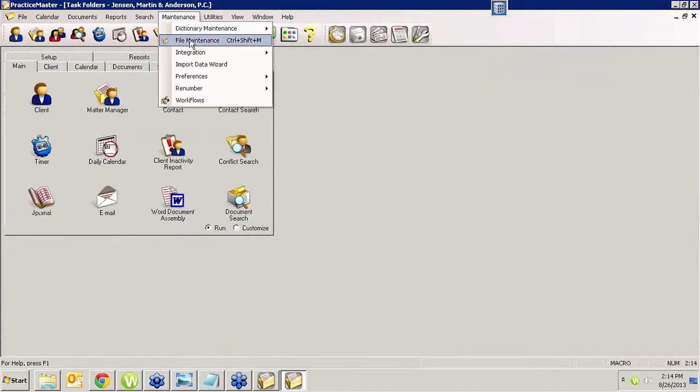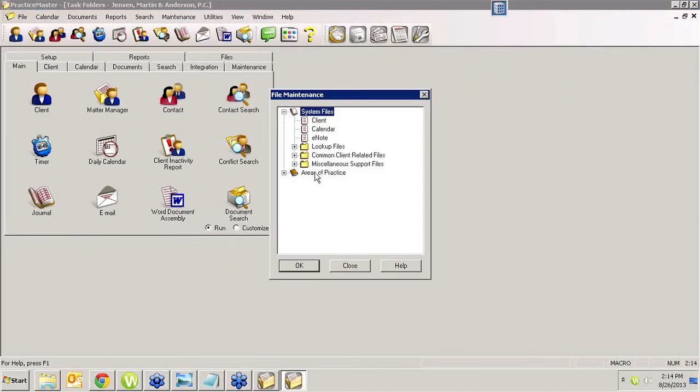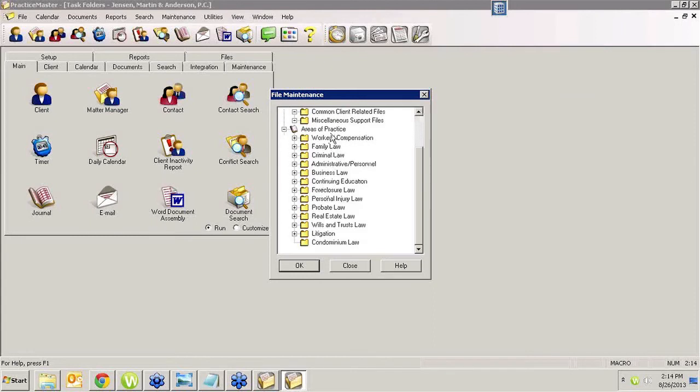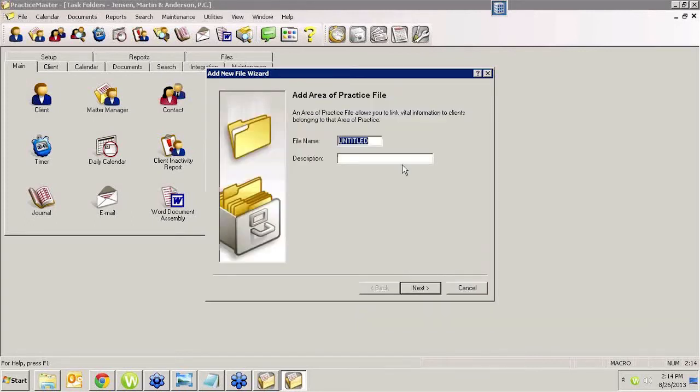We're going to go back into maintenance, and we're going to add one or two files, probably just one. We're going to add a new area of practice file to condominium law, add new AOP file. We're going to call it units. Let's say